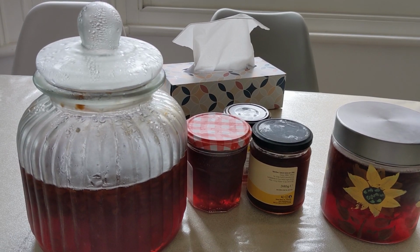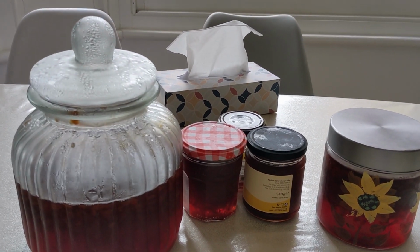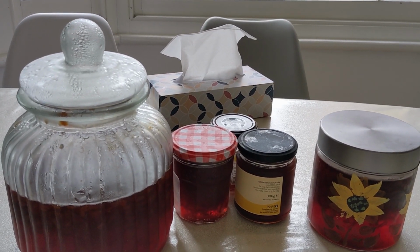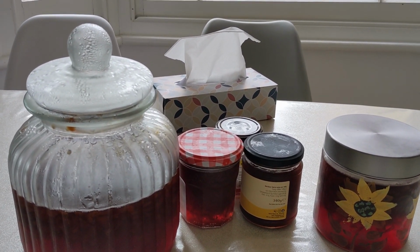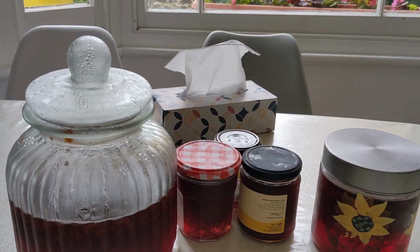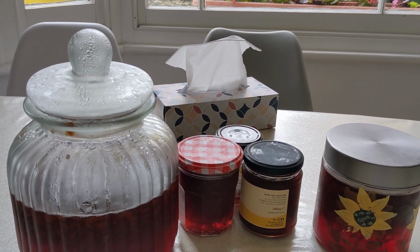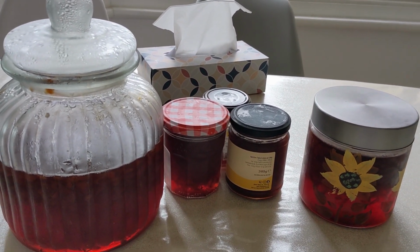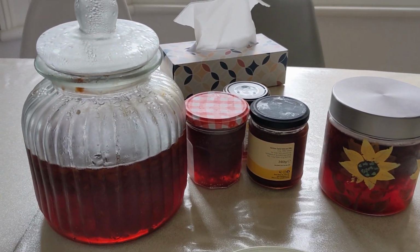I invested 3 kilos of cherries, pretty much, and I went all in. I put everything into one pot. I don't think it's a good idea. You probably want to split it into smaller chunks so that it's easier to cook, and also if you make a mistake the first time, you can fix it the next one. But anyway,